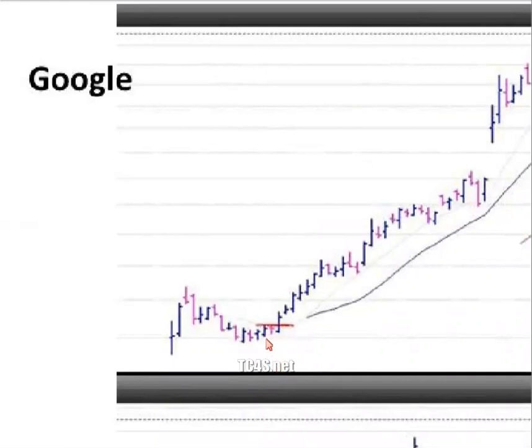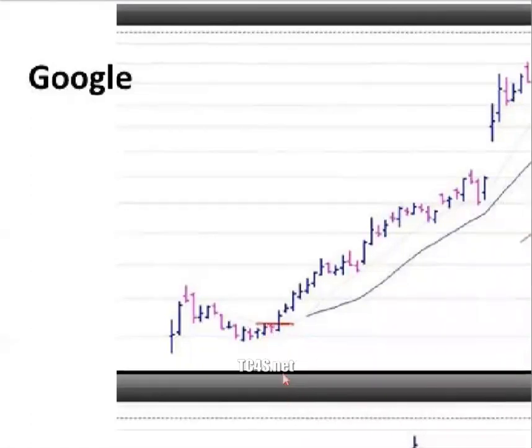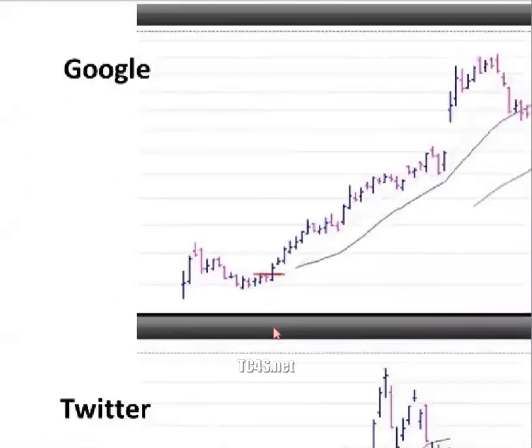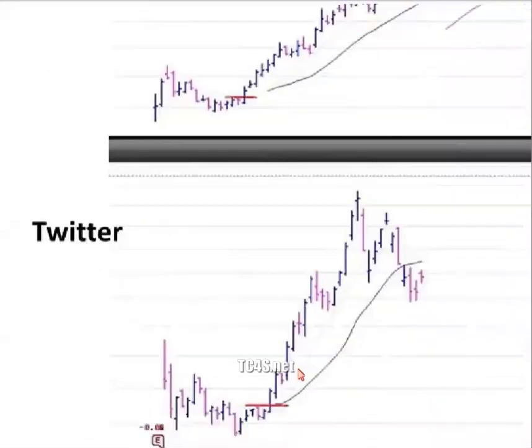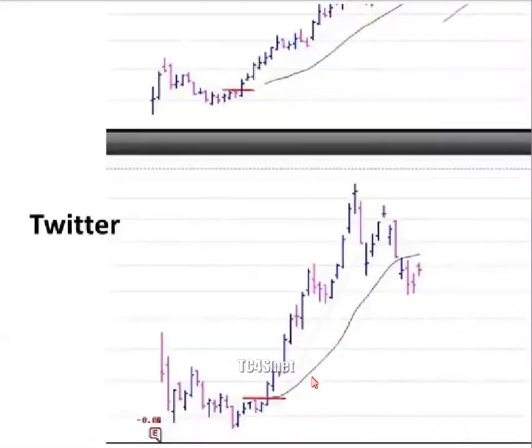And you can see here where, again, we're contracting very tight, and we're getting that little low pivot. This is what we call the low cheat. Again, you can read about this in my book. The reason why I'm showing this is that if you look at Twitter, it's almost identical to what took place here. We'll see you have the initial, although it didn't rally at all on the IPO. If you remember, Twitter just came right in here and then came up and set up that little low cheat,